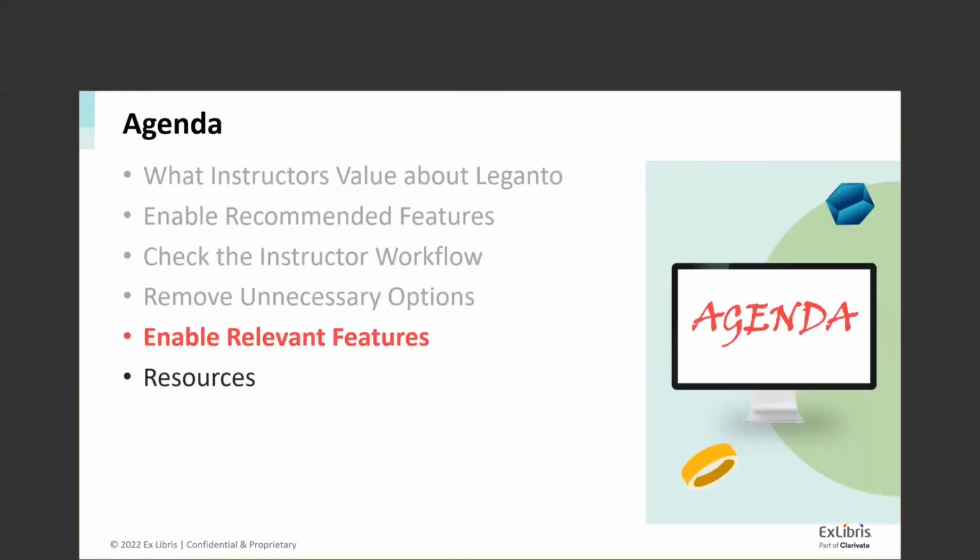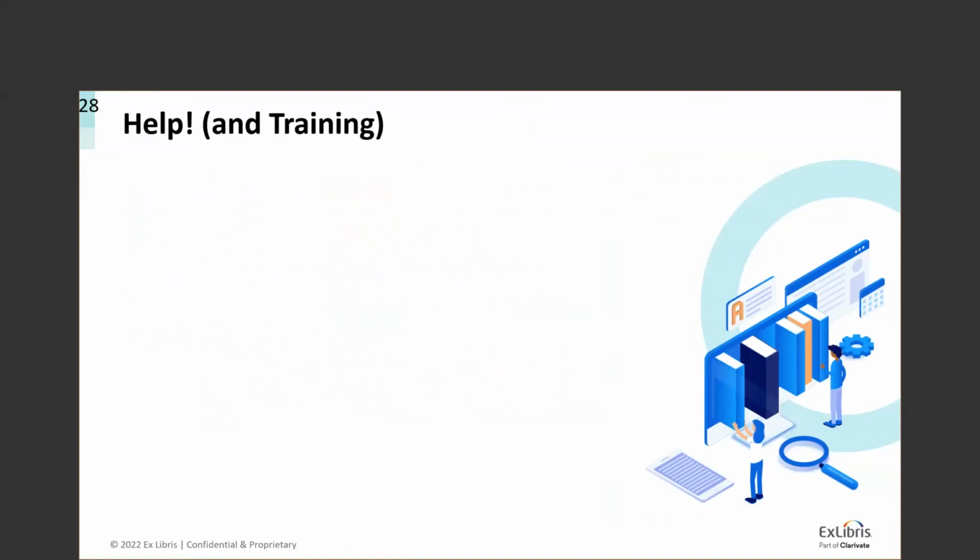Now I want to highlight some features you really should enable if you haven't already. These are really strongly about bringing the features into Leganto that instructors value. Again, sometimes they're different than the value that Leganto brings to the library. So how are instructors using Leganto? What do they need? And first, I want to talk about the option to provide help or training materials to